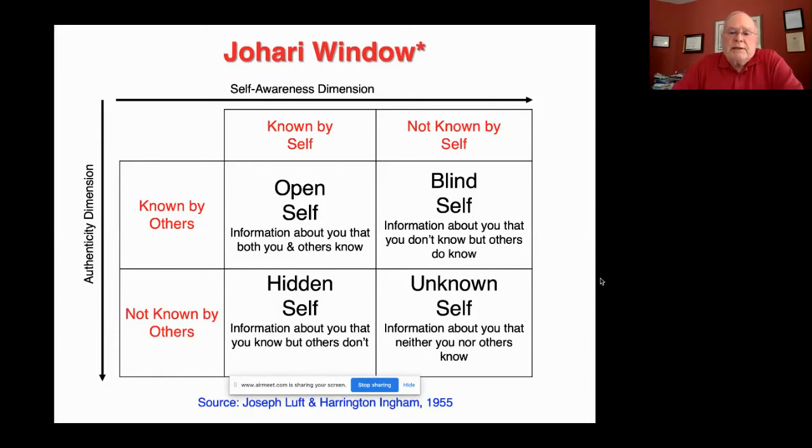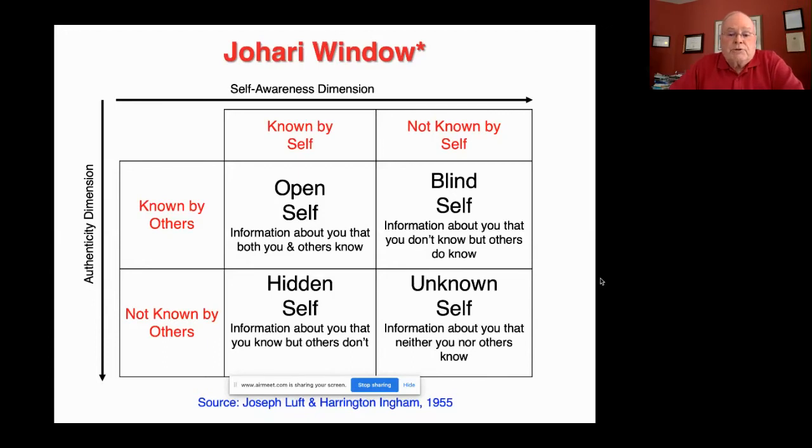So there may be things in the hidden self that you've never talked about, other people don't know about, but you know about. Maybe you have aspirations to become a CLO, and you've never said anything to anybody about that, but that would be your long-term goal. That kind of thing, you might want to put up into the open self in a job interview when you're talking to someone about a learning and development position, because it shows that you have a career path in mind and so on.